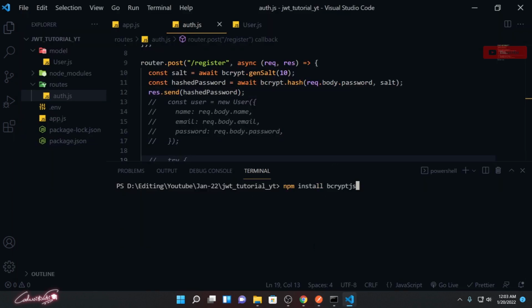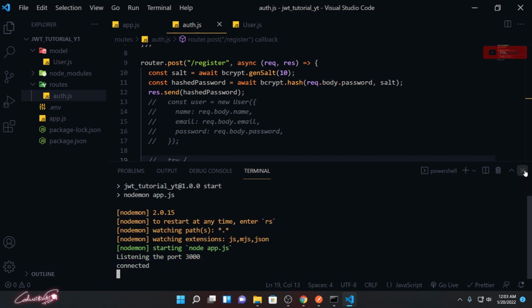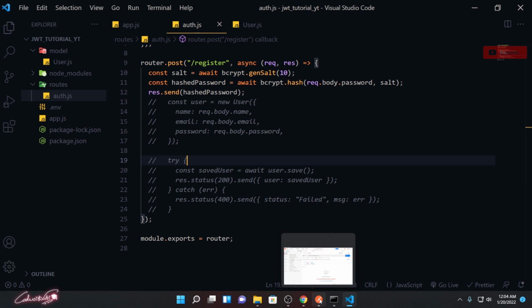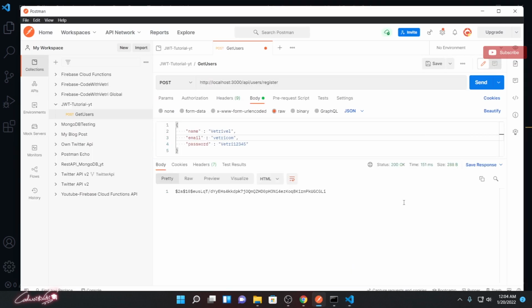Oh my god. Start the server. Now it's up and running. Let me click send, and look at that, this is how your hashing algorithm works. It will encrypt that password with a bunch of unpredictable characters, and this is what we are going to save in our database.